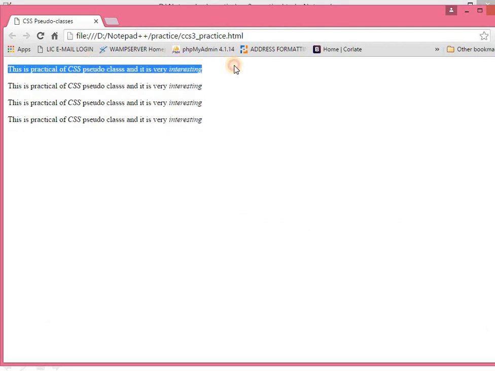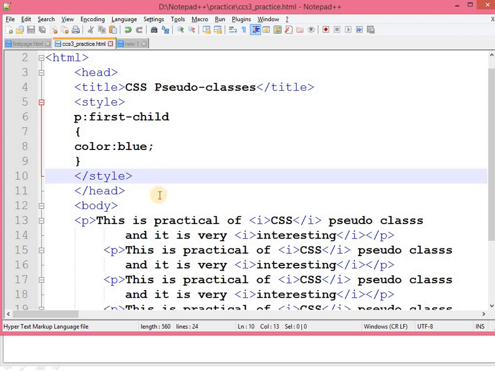This is our first P paragraph. Okay, so this is how you can apply style for the first child, whenever there is a first P child. Okay, so you can apply this kind of style. This is how you can apply it. Now over here you can see that in every paragraph I have used 2 pairs of italic tags. Okay, now I want